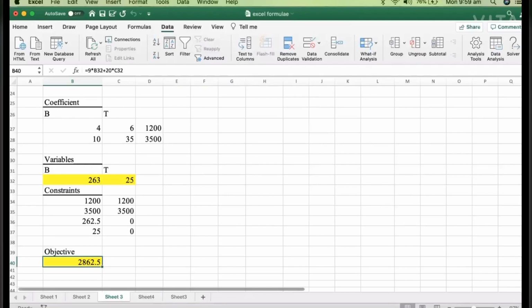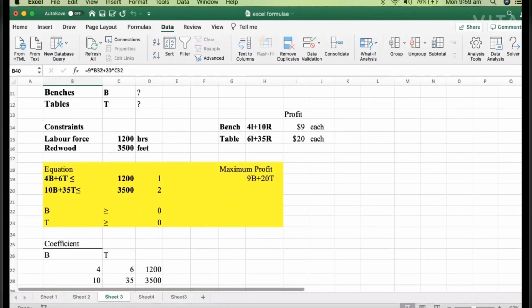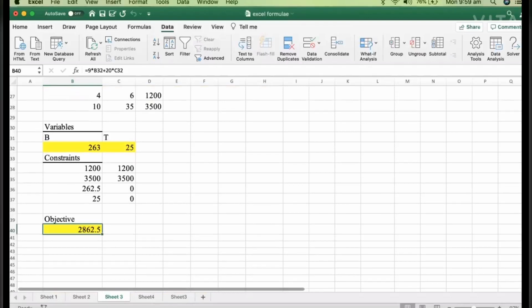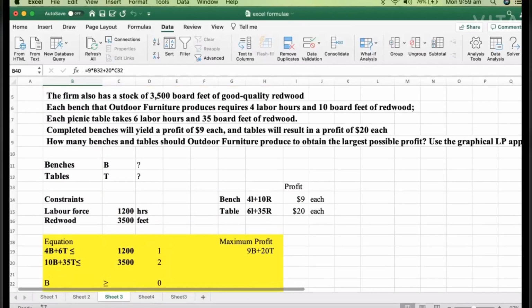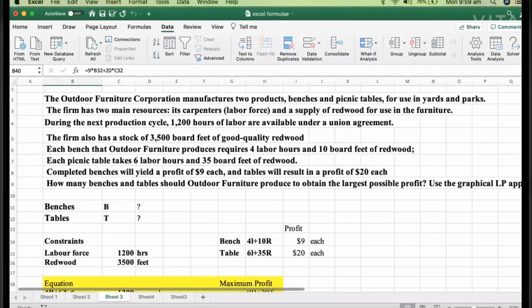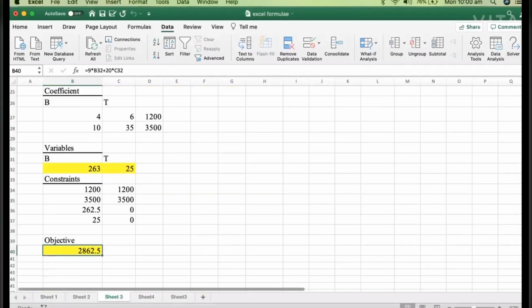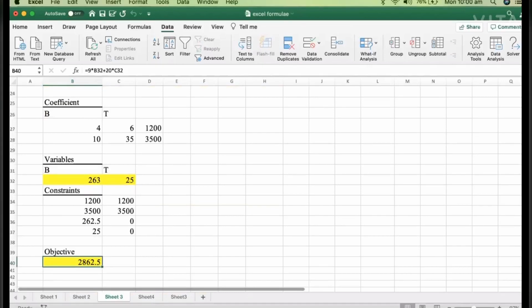So that's all for today. I just expanded the equation portion so that you can find out how we can solve the equation in linear programming as well when we are given the limiting factors under which we have to solve the equation. The main difference in this video and the last video is that in this one we are having the constraints, but in the last one we were not having the constraints. Accordingly we were solving the values. So in this way we can solve the value under linear programming as well.